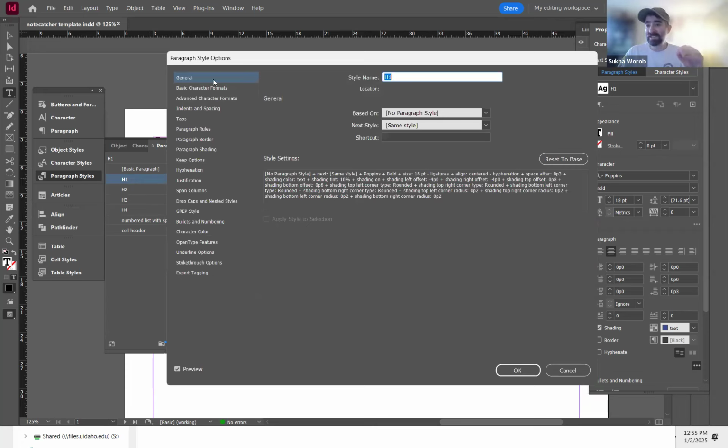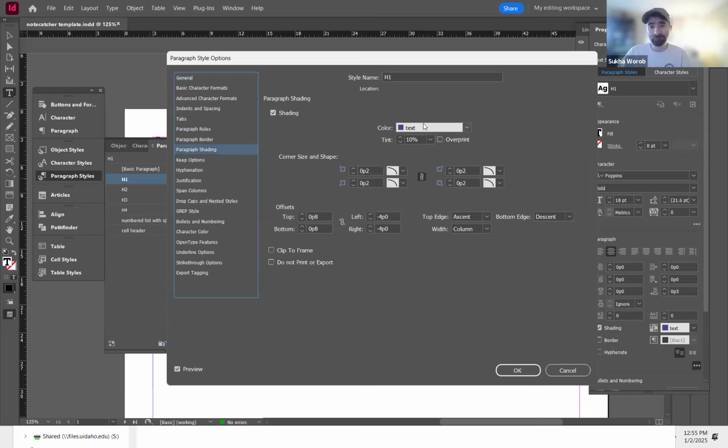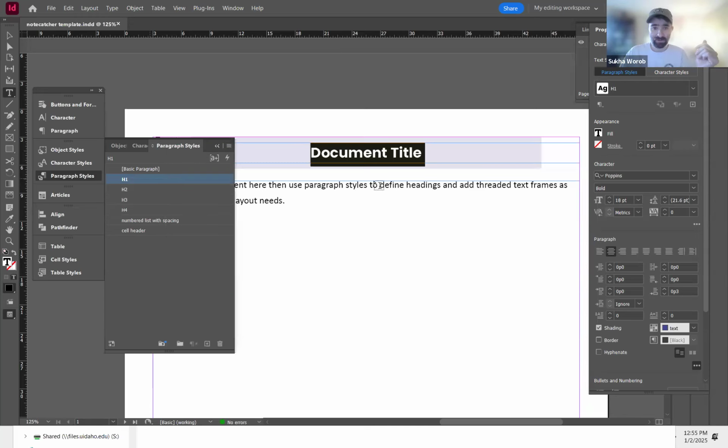Stacy has seen this menu. This is why people run away from InDesign because there are literally 4,000 options for every single thing. It's really overwhelming, but the reality is we only use a few of them most often. So on this, in the paragraph shading, I added a color at a 10% tint, and then I offset it so that it's a little bit larger than our text on the top, bottom, and reduced the sizing on the edges so that we get what we have here,